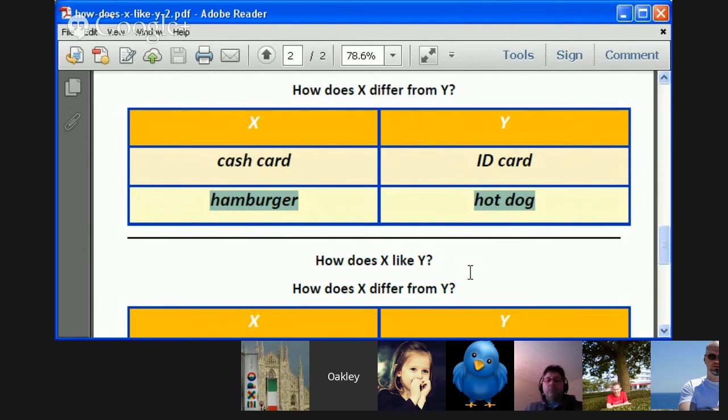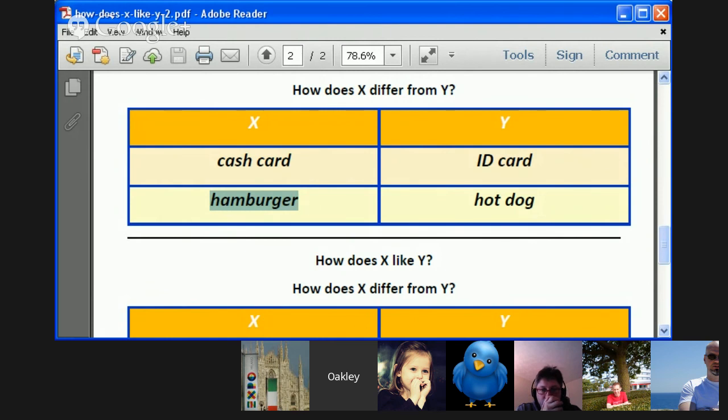Okay. Anyway, back to my original point. Hot dogs, hamburgers are countable. So if you're talking about them in general, you can say hot dogs are this, hamburgers are that, or you have another choice. You can use one as an example. One, anyone. A hot dog is made out of sausage, and a hamburger is made out of ground up meat. Well, actually, a hamburger is made of ground up beef, in particular, cow meat, beef.